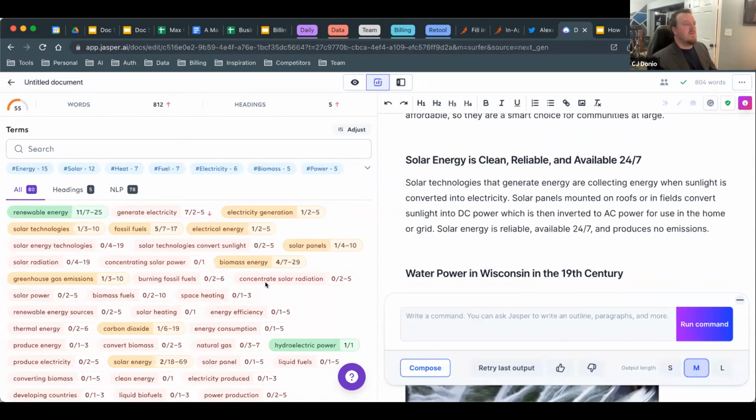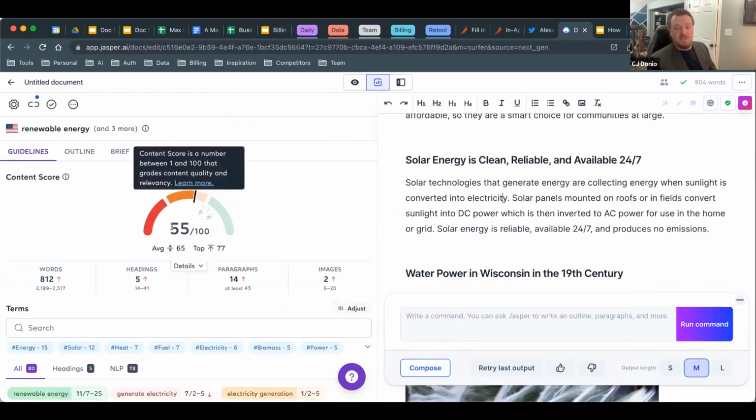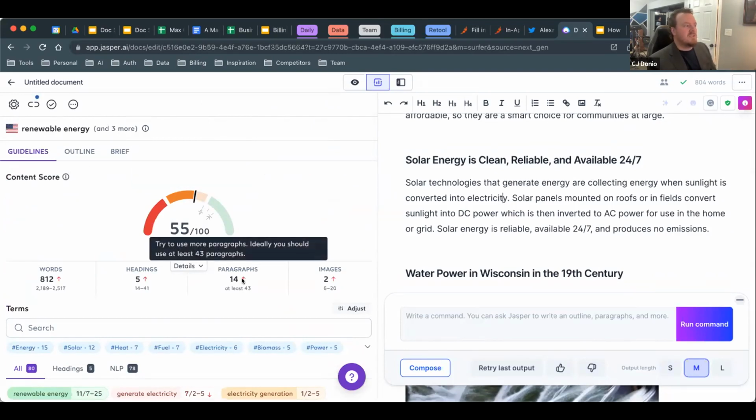So I'll kind of go through, I'll basically change a lot of the words that I have or add new words to kind of increase my score. Remember, we were at 50%. I just changed a couple things. We're already at 55%. And then you can also see here, it also gives you more suggestions, like maybe I